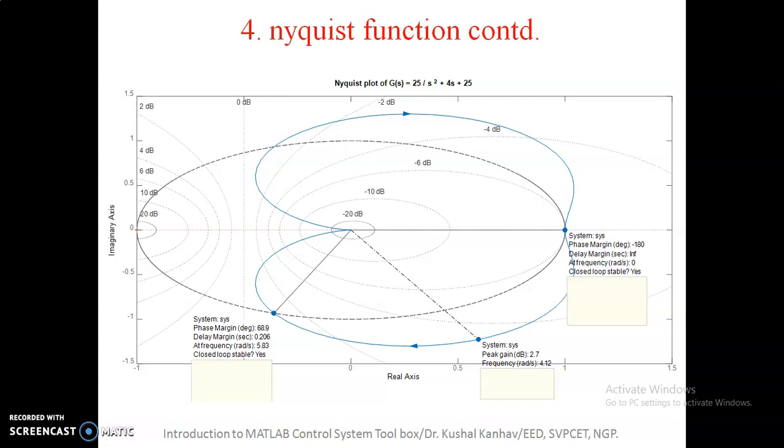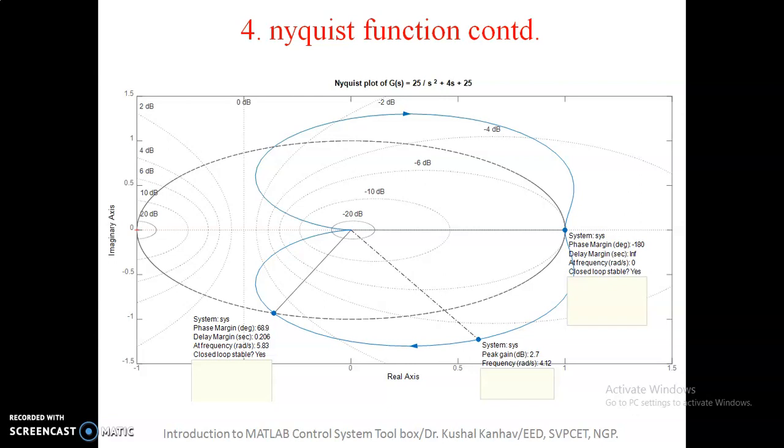Now, in these three videos we have seen different functions like step, root locus, Bode and Nyquist. The first two, step and root locus, are related to time domain analysis, and Bode and Nyquist are related to frequency domain analysis of the transfer function of any control system.